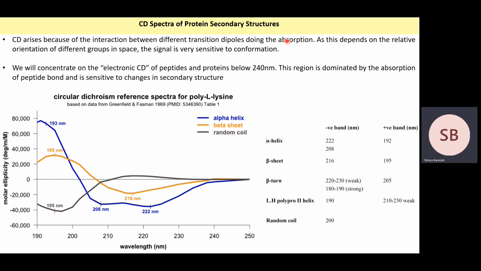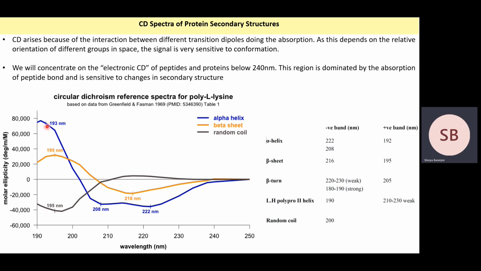CD spectra of proteins is another kind of spectroscopy which helps in distinguishing between the protein secondary structures. Generally, each secondary structure has a characteristic CD spectra. So if it is an alpha helix, it will have two peaks towards the negative value of molar ellipticity. That is, at 208 nanometer and 222 nanometer, it will have the negative peak, and around 192 nanometer, it will